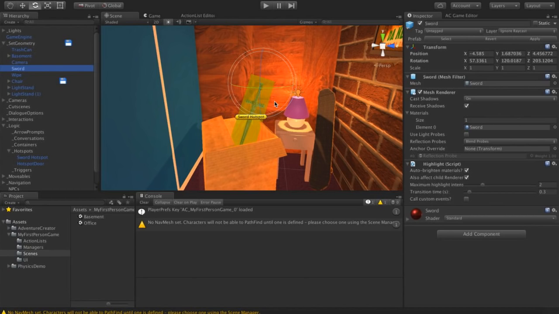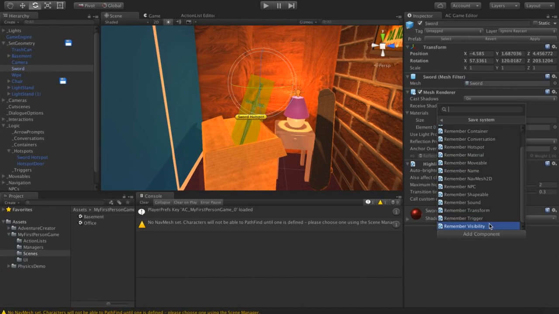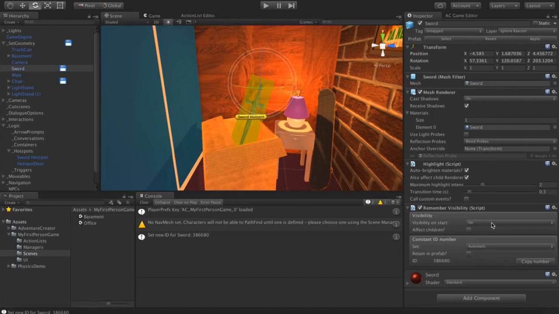So we need to add the correct component to each of these game objects. And we can do that from Add Component, Adventure Creator, Save System, and then choose the right Remember component from this list to save a particular type of data. So in the case of the sword, we want to remember its visibility, so we're going to add the Remember Visibility component.